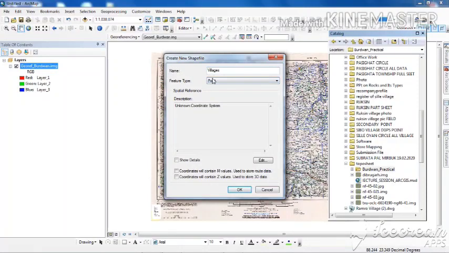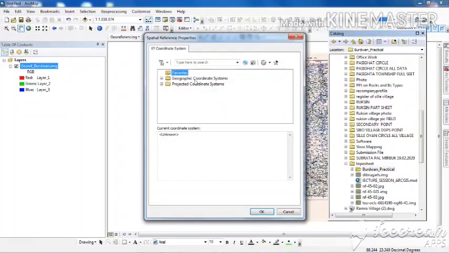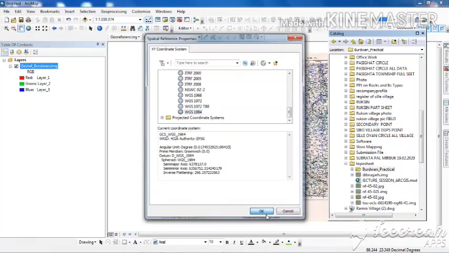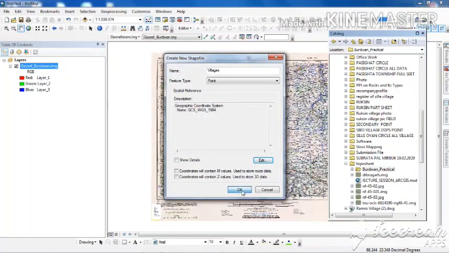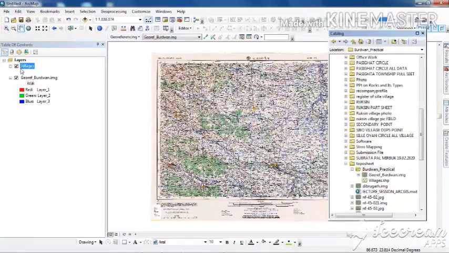We will take point features, and in the coordinate system we will go to the geographic coordinate system, and similarly as we took in the case of the image, we will select WGS 1984 and click on OK. So you see this point shapefile is being created.